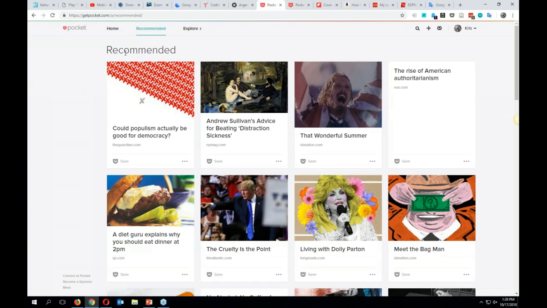But yeah, Pocket is available, as I said, for everything. It's also free. It's mostly integrated with Firefox. If you use Firefox, it's already built into Firefox, but Chrome has its own extension, as you can see as well.